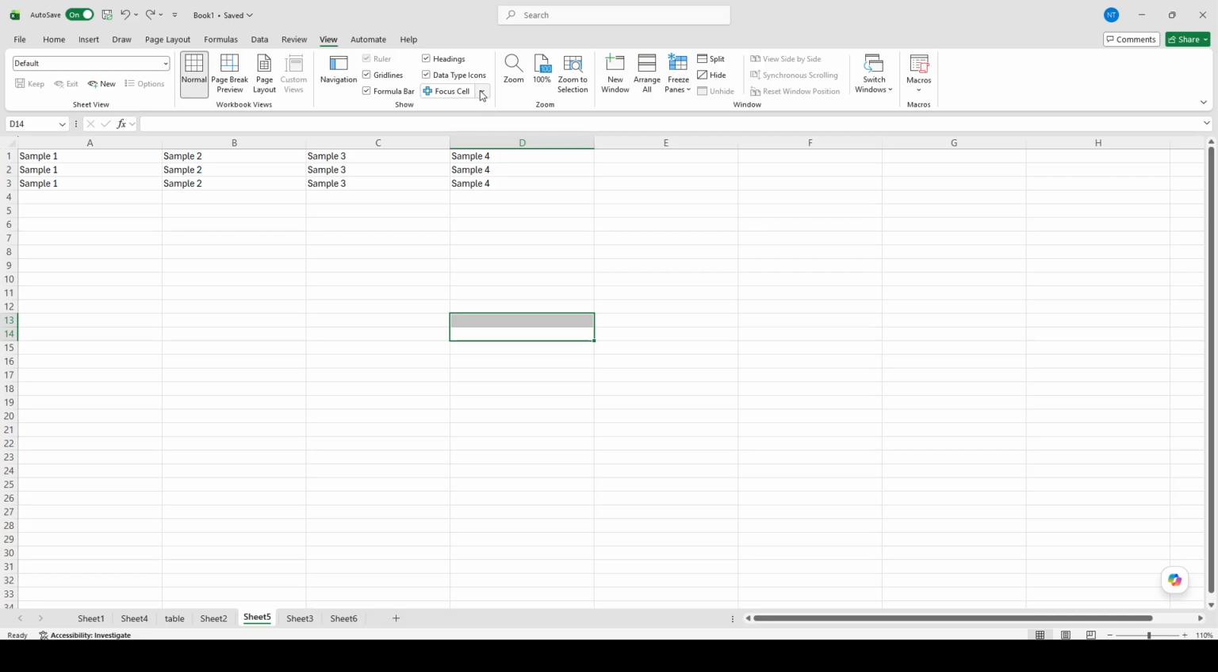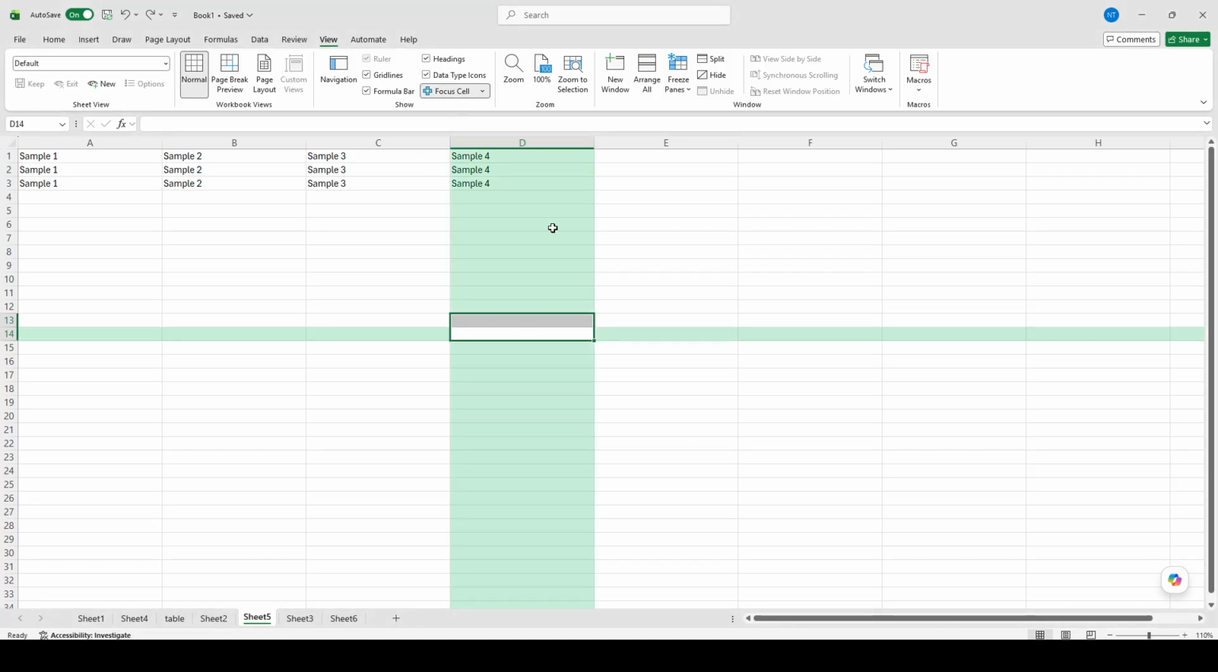As soon as you turn this on, Excel will begin highlighting the row and column of the cell you currently select. That makes the active cell much easier to track, especially when you are working with large spreadsheets or scanning across many rows and columns. Each time you click a different cell, the highlight will move with it, so you can always see your current